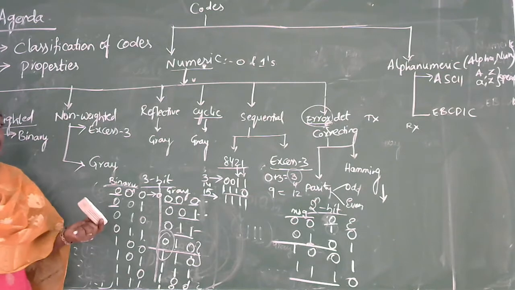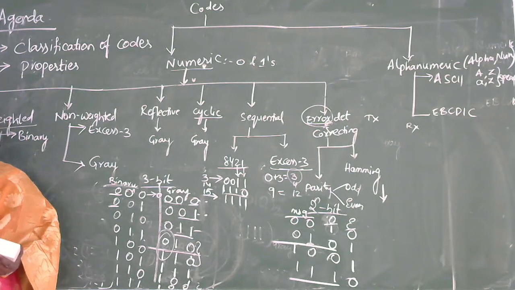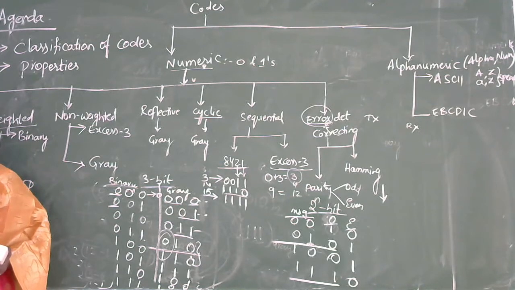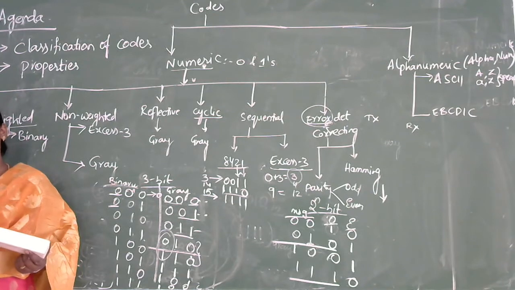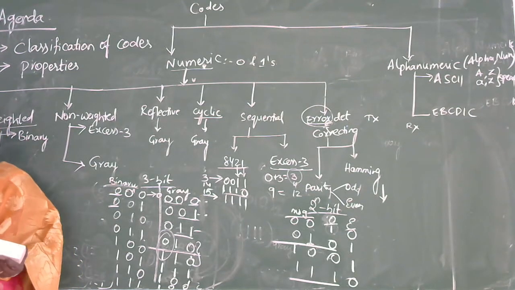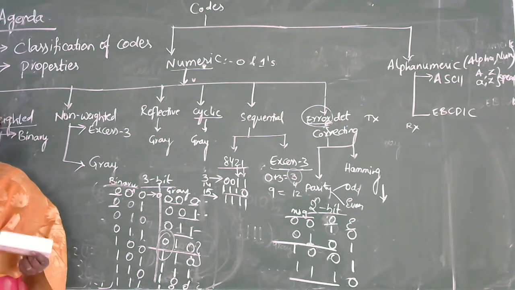We will be discussing the Hamming code briefly in the next session. That deals completely with how to find the error and how to correct the error by using the Hamming code. So in the next session, I will give you a brief introduction as well as the importance of a Hamming code and how many errors we are able to find out by using a Hamming code. So this is